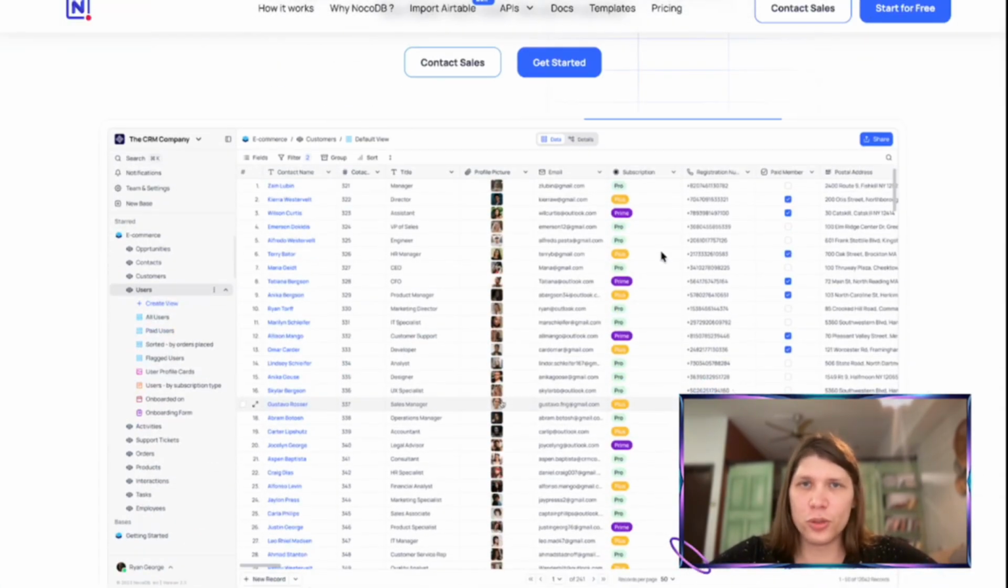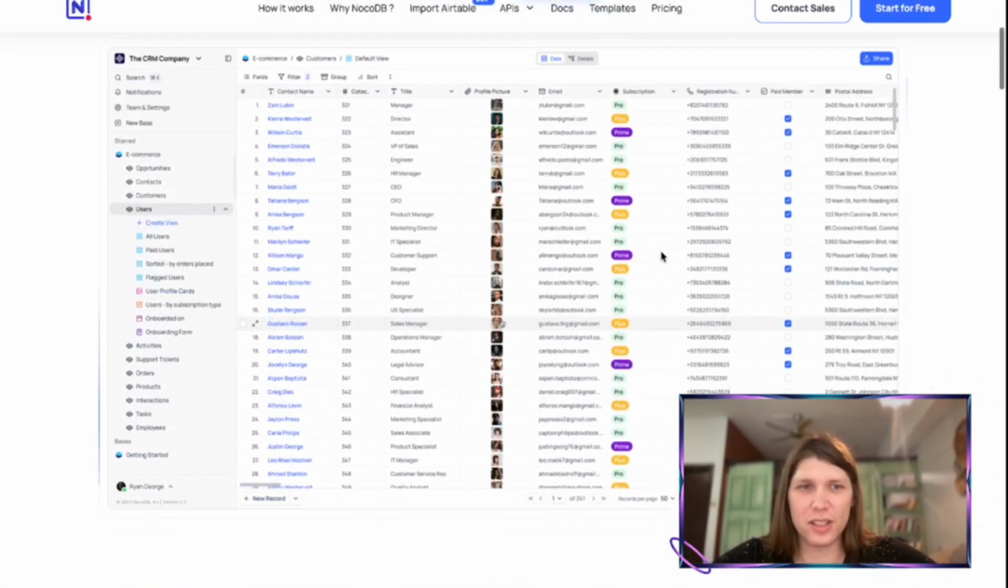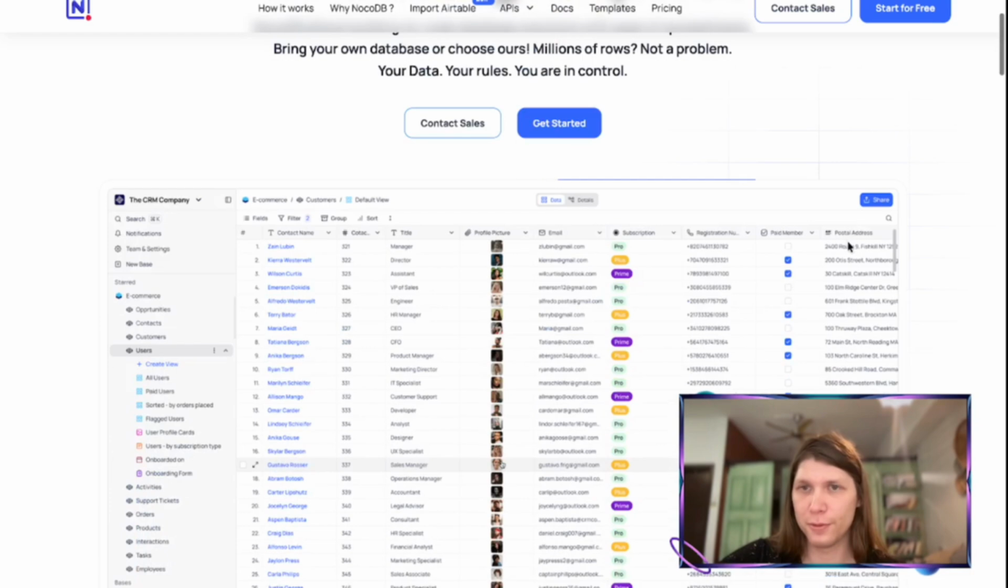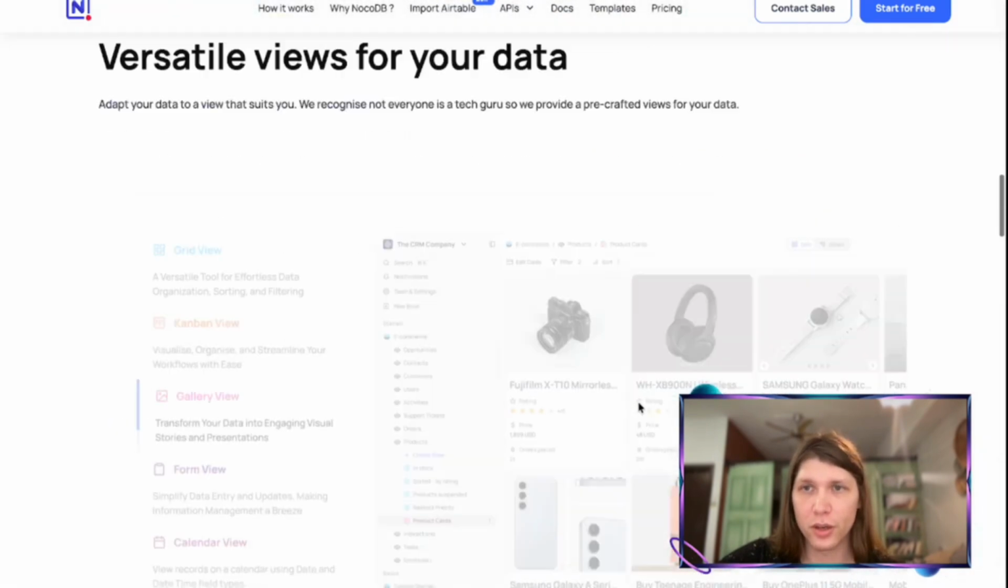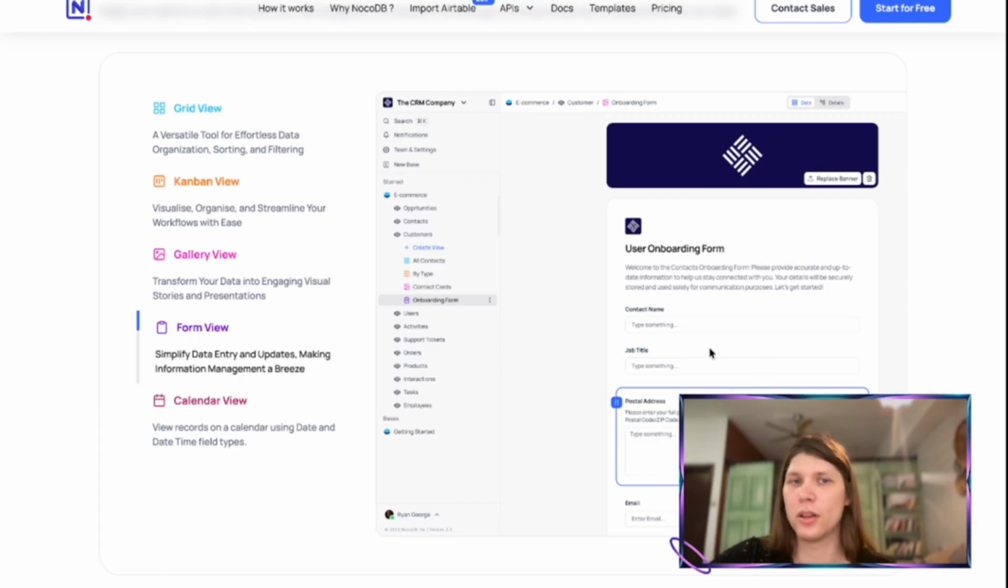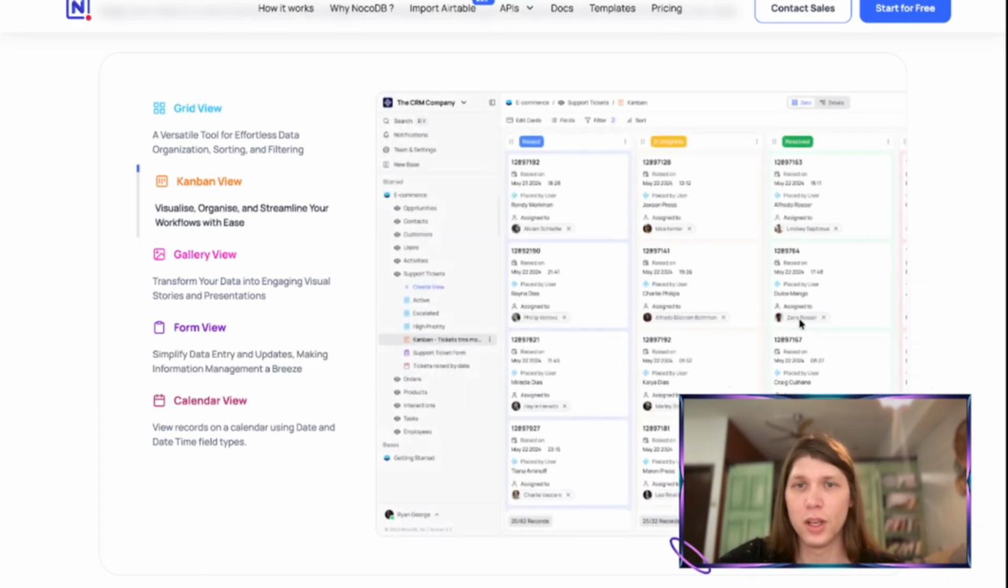NocoDB allows you to do other things which I haven't even used. For example, you can create forms that will be auto-populated into NocoDB, which is actually very useful. I may use it very soon. It allows you to have, I don't know, will they show a demo here? Yeah, so they allow you to have cards as well. Oh yeah, you have forms. You have Kanban, which is like